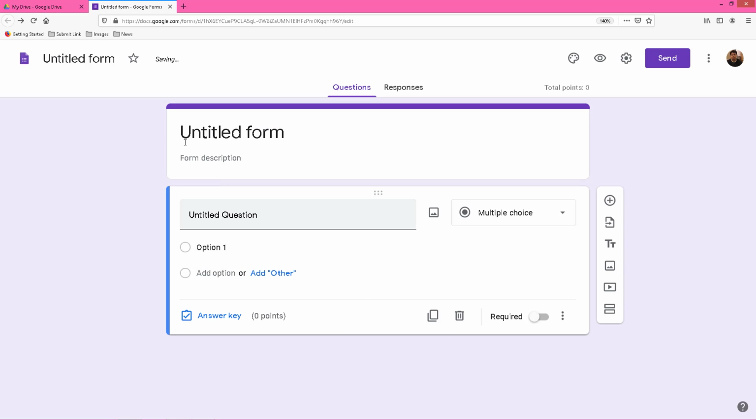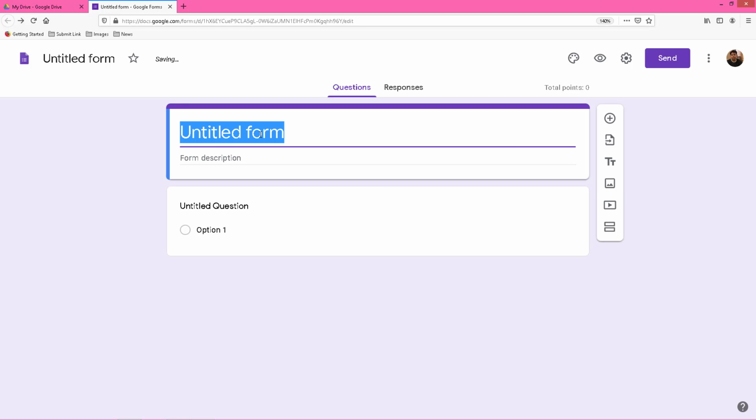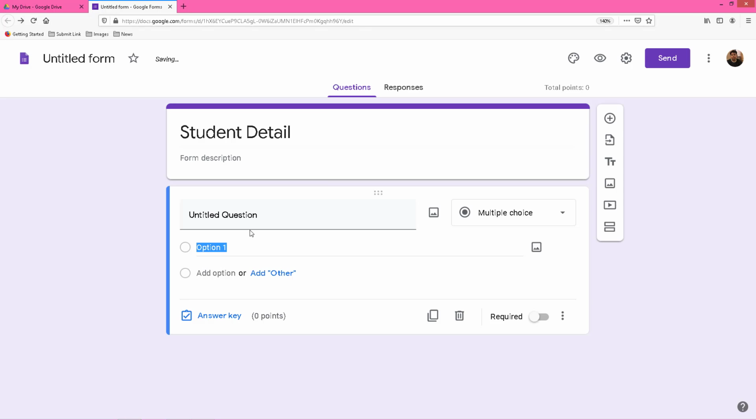Here is the form name. First of all, I will grab the student detail. That's why I will say student detail. And the field for the same I will get from here.